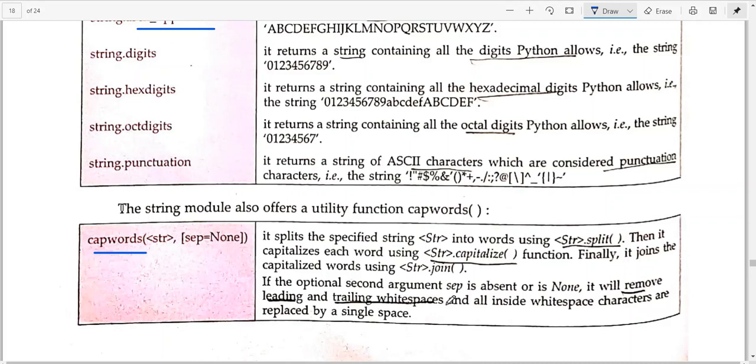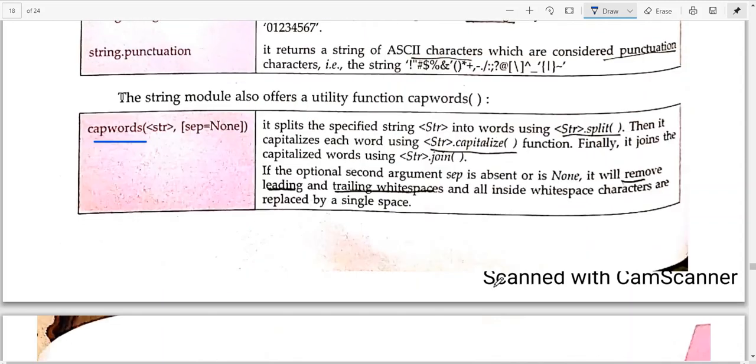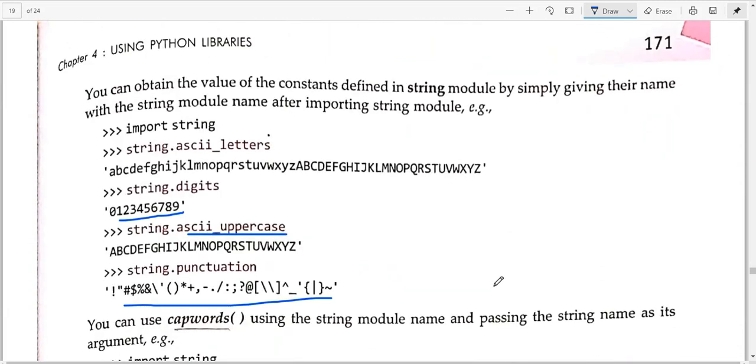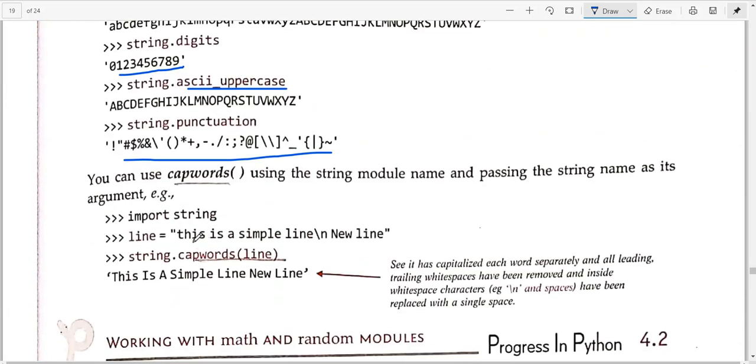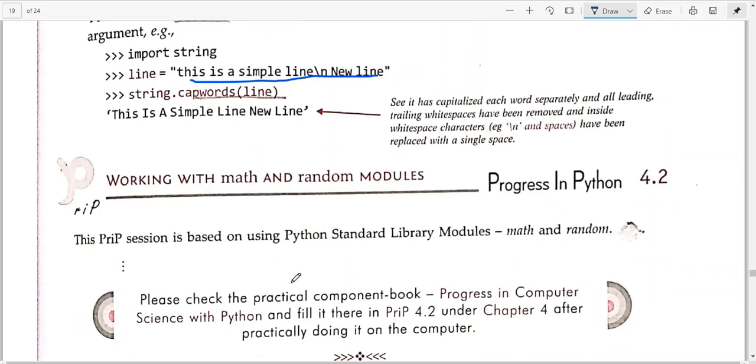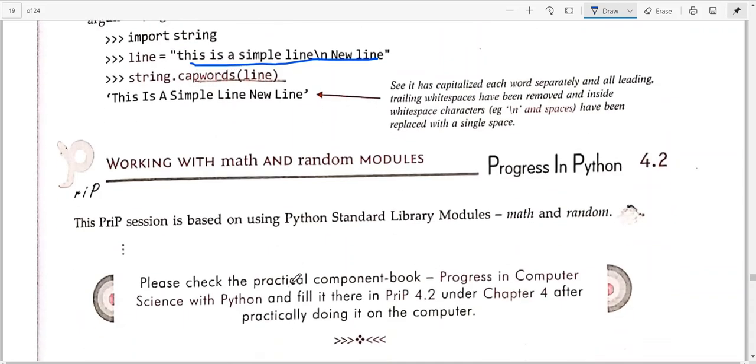The blank space it will remove. Whatever the string you have given, if you are using that, this will give you output this way. Fine, I hope it is clear to you.